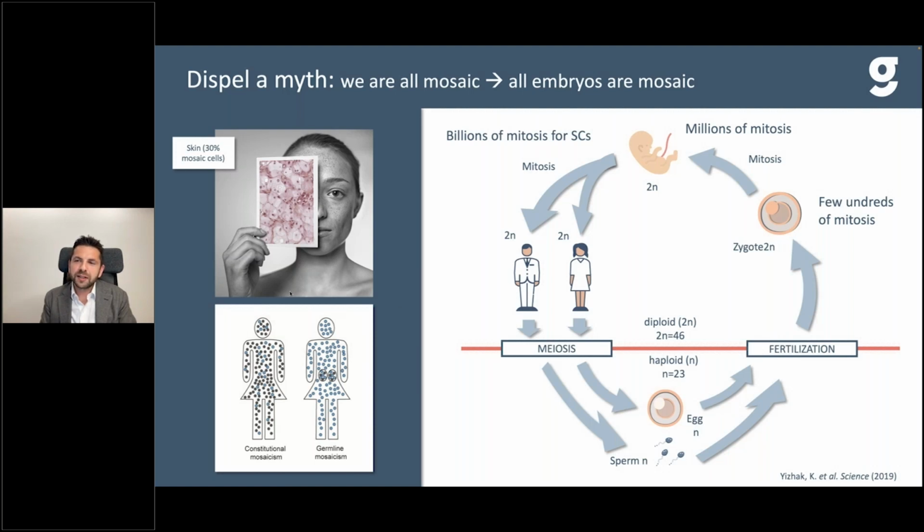The point here is that the blastocyst stage is the stage where the lowest number of mitoses has happened as compared to the prenatal or postnatal stage. So there is absolutely no reason to believe that the blastocyst stage should be subject to a higher mosaicism rate, or to translate information that comes from the postnatal, adult stage to this very early stage of development, that is the pre-implantation embryo.